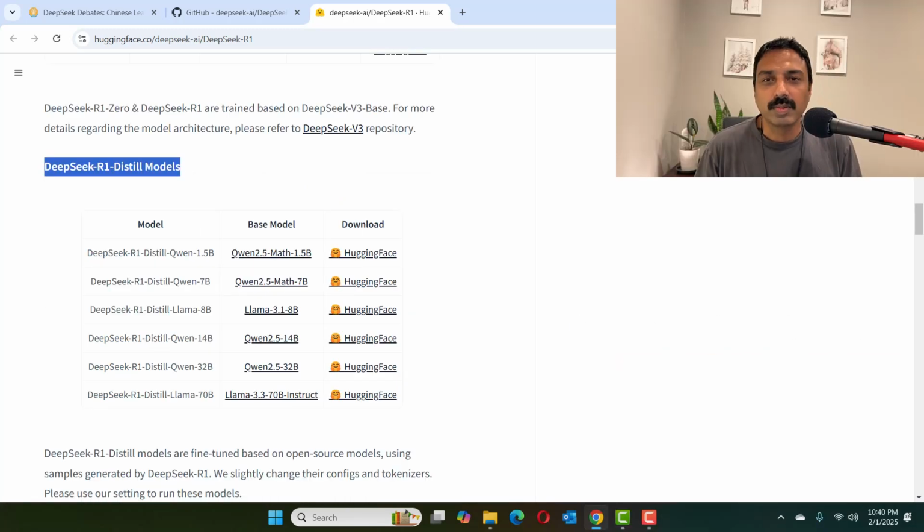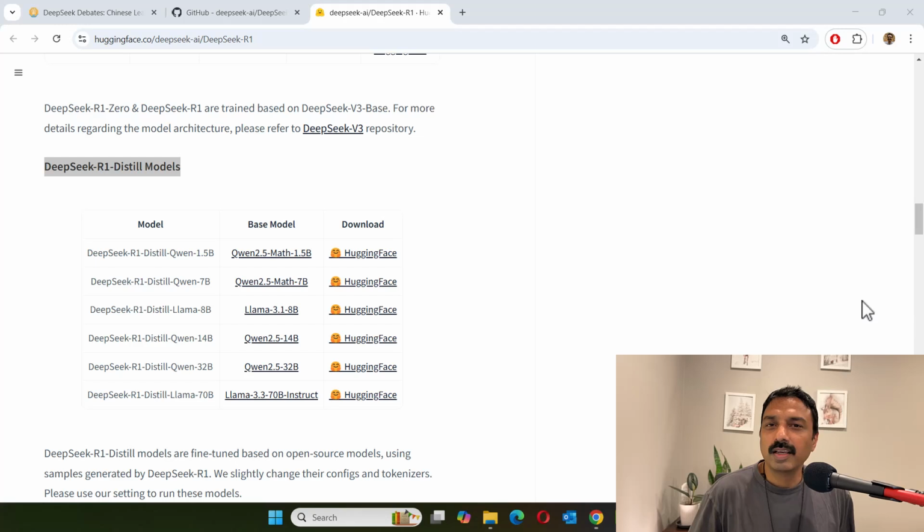To cater to this segment, DeepSeek also open sourced several distilled models. Model distillation is a process where you transfer the learning from a large teacher model to a student model so that the student model retains much of the capabilities of the larger teacher model. Think of it like learning tennis with the help of a coach. The coach can quickly pinpoint mistakes and teach you proper techniques, thereby helping you learn tennis faster. The same thing applies with distillation, where the large model trains the smaller model on how to correct mistakes and retain many of its